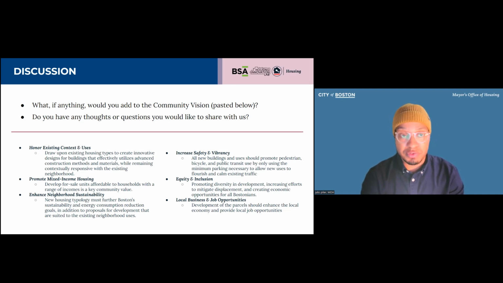I think when it comes to rental, we often do look at deeper affordability, 30%, 40, 50, 60% of AMI. And that's an easier model to do. For this case, it's an initiative, and we're hoping that we get some really great, really innovative proposals that we can replicate across the city or in other similar sized parcels.